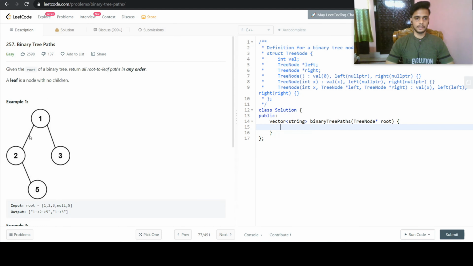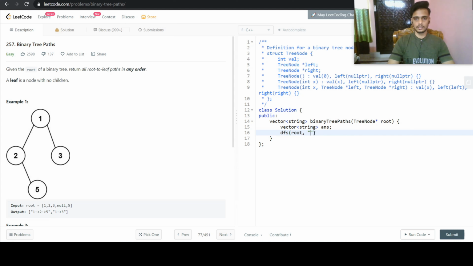We'll just do the DFS of this tree, and once we reach the leaf node, we'll insert that path into our vector. So for that, we need a vector of string in which we will return our answer. So let us declare it as an answer. Then we just have to do a DFS with the root value, and then we will have the current path.